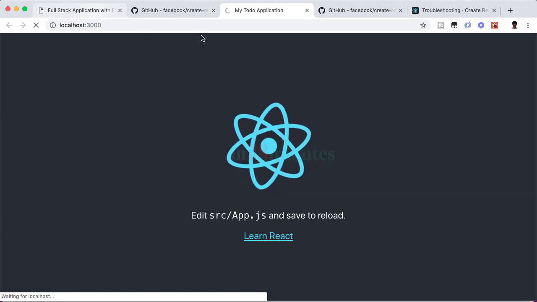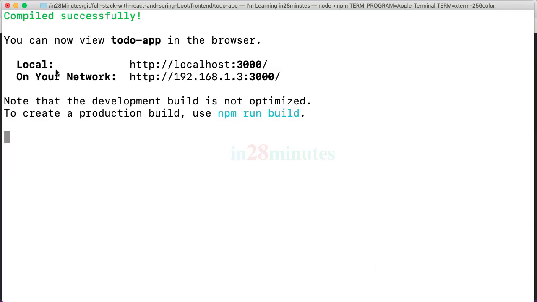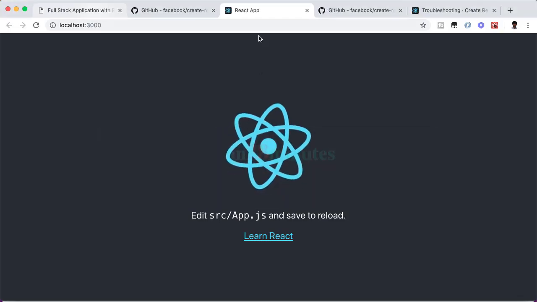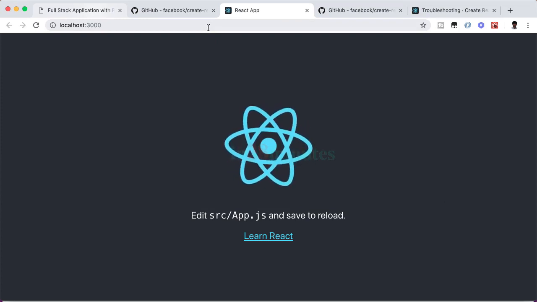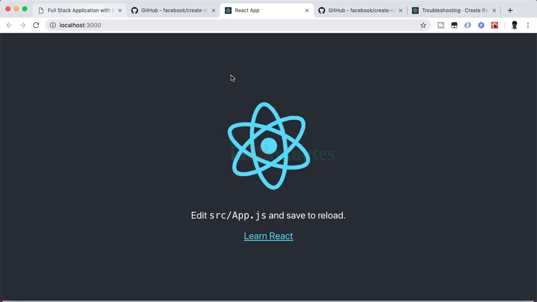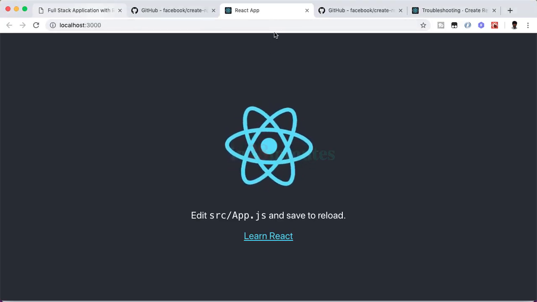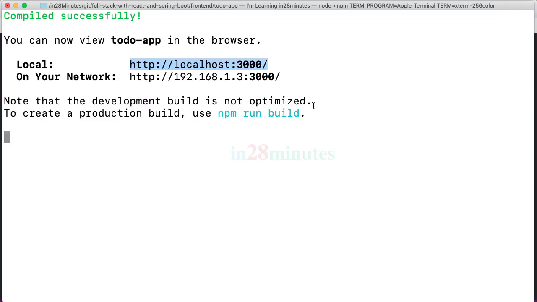This might take a little while. The page is still loading, and you'd see that it's showing the URLs on the console. So if you want to launch it in Chrome, you can take this URL and launch it in Chrome. Most probably it would have been automatically launched up in your default browser, but if it has not launched up in your default browser, then you can take this URL and execute it, preferably in Chrome, because that's the browser we would be using for the most part in this course.